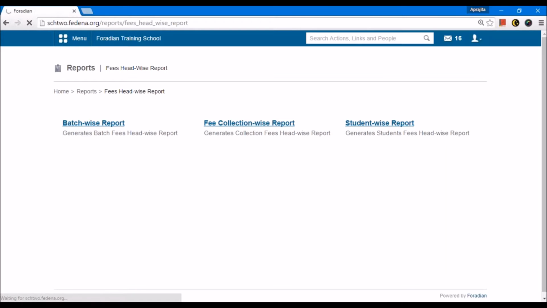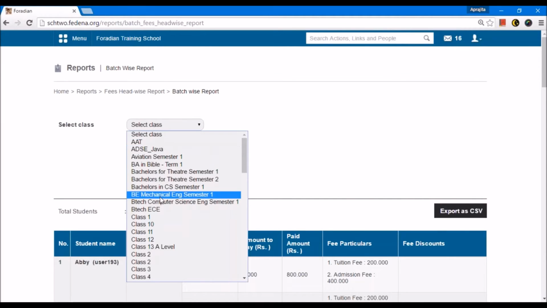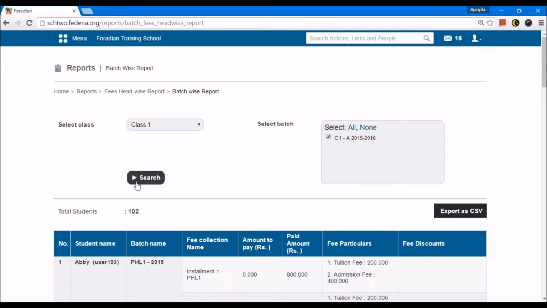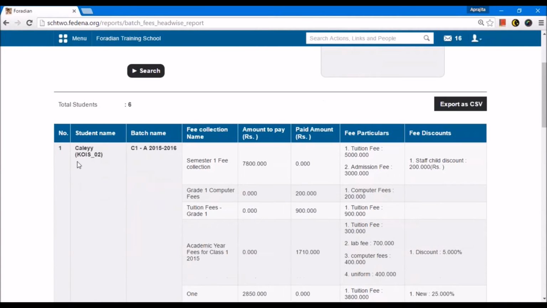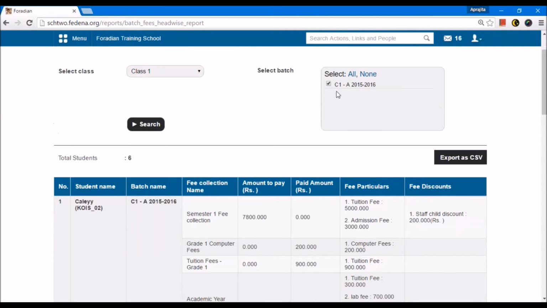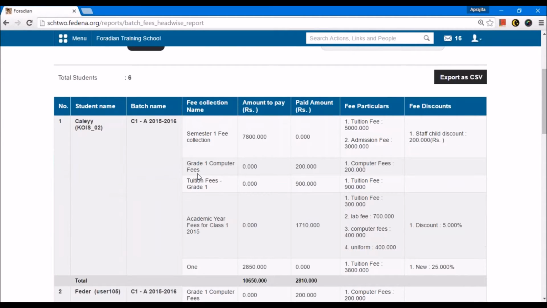Let's see the batch-wise report. Here you can select a particular batch and search for that. It shows you all the students belonging to that batch, the fee collections that are created for the student, and the amount to pay and the paid amount. It also gives details of each particular in a particular fee collection.